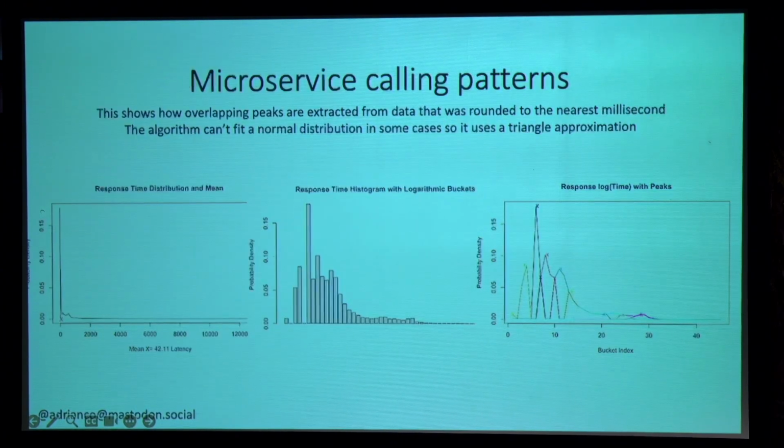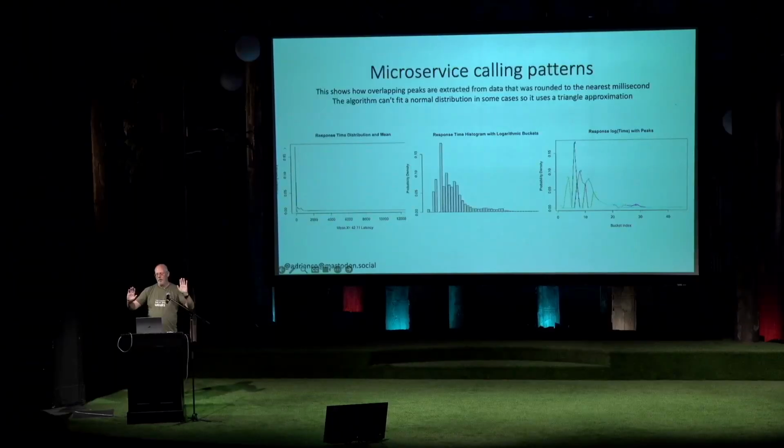And that's what it looks like if you've got a calling pattern. What it does is it keeps subtracting out. It finds the top peak, subtracts it out, then it looks for the next one, subtracts it out. So it works when there are overlapping peaks. It's obviously easy when you've got peaks that are nicely separated, you can just analyze them separately. But when they're all mashed together, you end up with a very wide peak. And so this is kind of what's happening here.